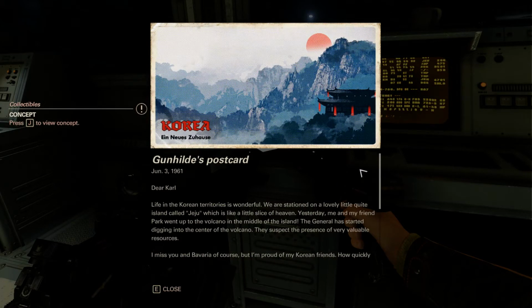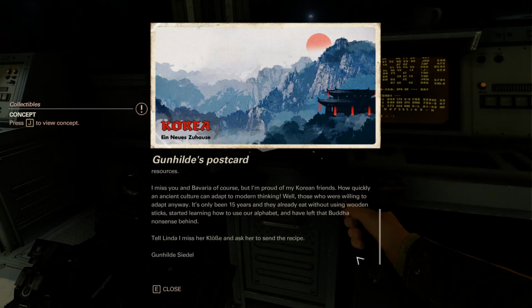Korea. Life in the Korean territories is wonderful. We're stationed on a lovely little quiet, I'm assuming, island called Jeju, which is like a little slice of heaven. Yesterday, me and my friend Park went up to the volcano in the middle of the island. The general has started digging into the center of the volcano. They suspect the presence of very valuable resources. I miss you and Bavaria, of course, but I'm proud of my Korean friends. How quickly an ancient culture can adapt to modern thinking. Well, those who are willing to adapt, anyway. It's only been 15 years, and they already eat without using wooden sticks, started learning how to use our alphabet, and have left that Buddha nonsense behind. Tell Linda I miss her...